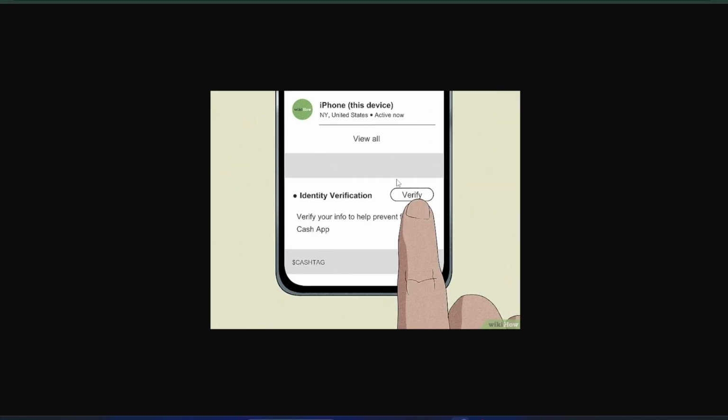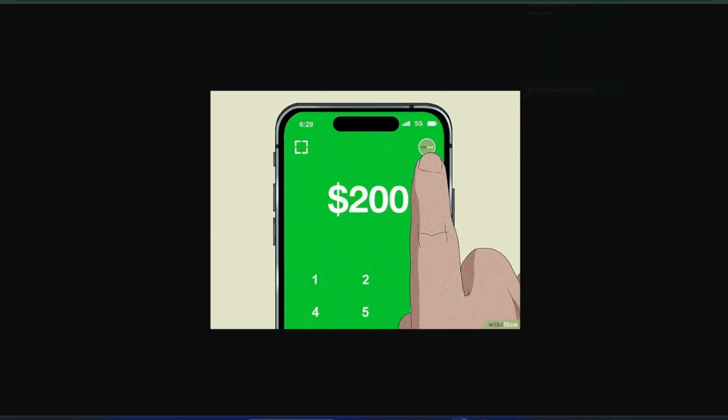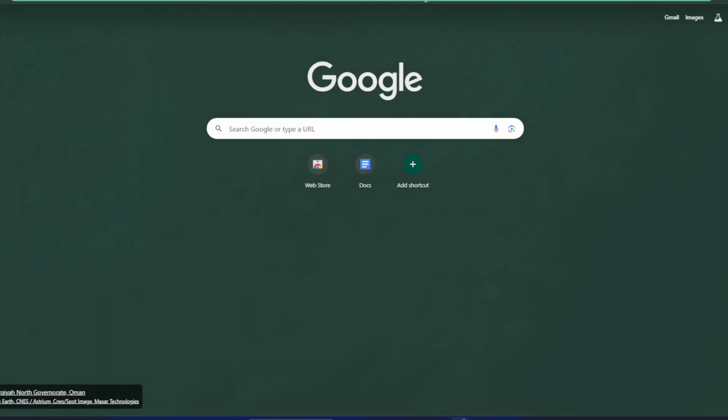unlock higher limits. Also, check that neither you nor the sender has accidentally blocked each other, and review your privacy settings to make sure incoming requests are allowed. If you have a connected bank account, it's worth calling your bank to make sure they aren't declining Cash App transactions. If you've tried all these steps and still can't receive money, the last step is to contact Cash App